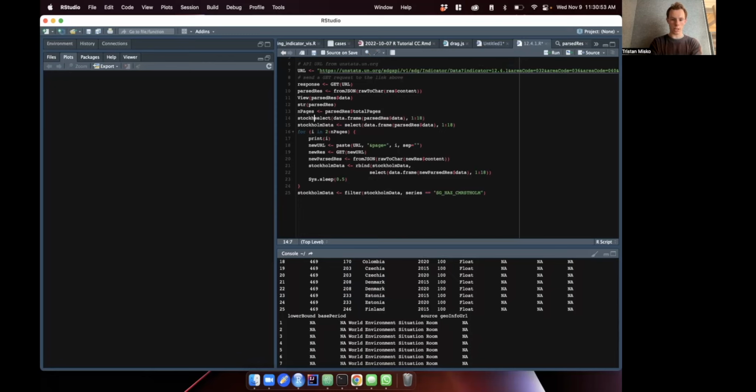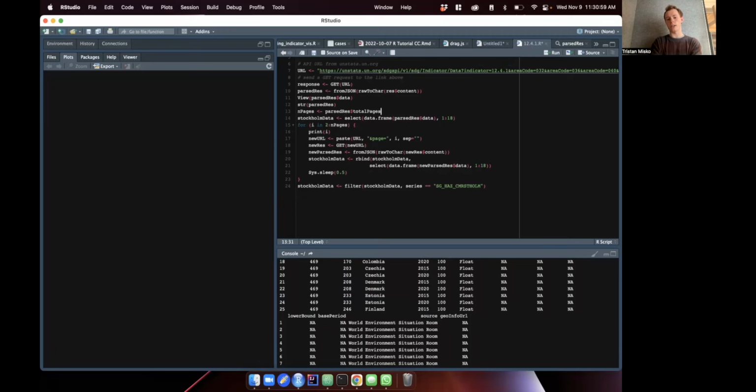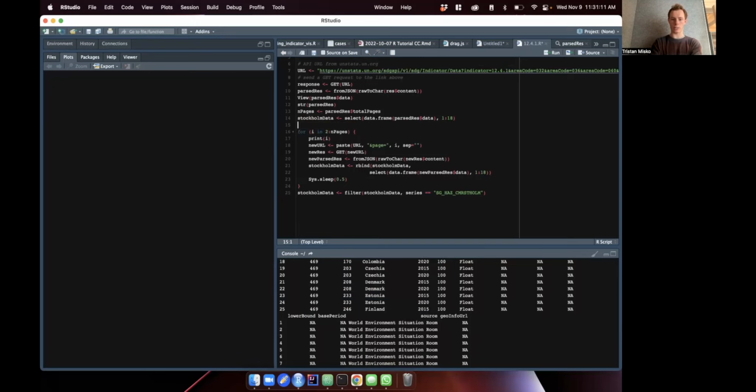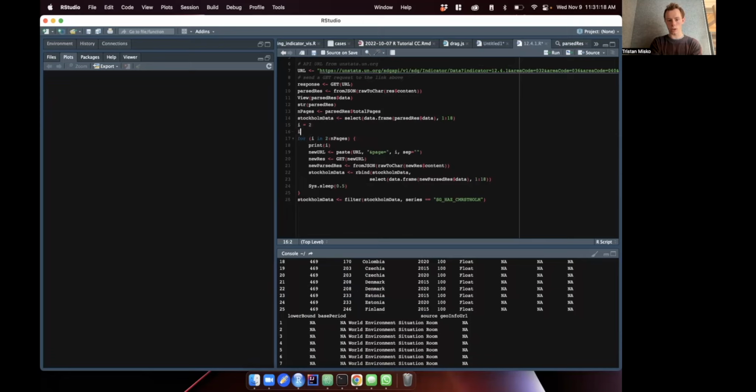So Stockholm data, which we're looking at the Stockholm Convention, which is why I'm calling it that, is the set of values we have so far. It's sort of the working database, and we're going to keep adding to this as we call new pages. And so what I'm saying is for i in 2 to n pages. So if you've never seen this before, this is called a for loop. And basically what it's going to do is run this block of code once with i equal to 2, and then it'll go down to i equal 3, and then it'll go down to i equal